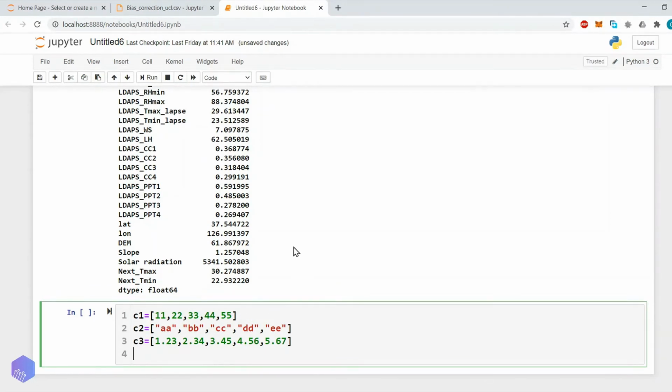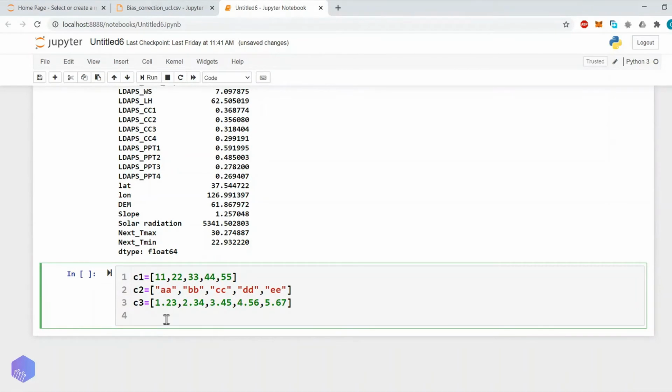Now what we will do is create a dictionary. How can a dictionary be created? Let's say d1 equals, column 1 equals c1, and likewise column 2 and column 3.